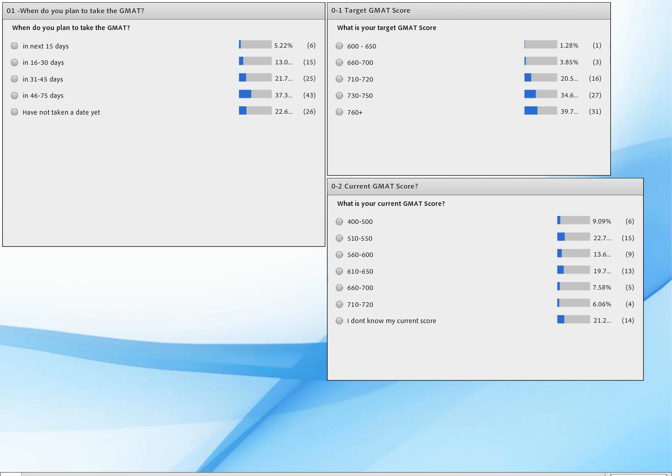Okay, the one thing which I really like about this group is, well, that's changing. I was going to say the biggest, the fact that I don't know my current score is not the biggest segment, but that's just changed as I was talking about it. All right, so for those of you who don't know your current score,